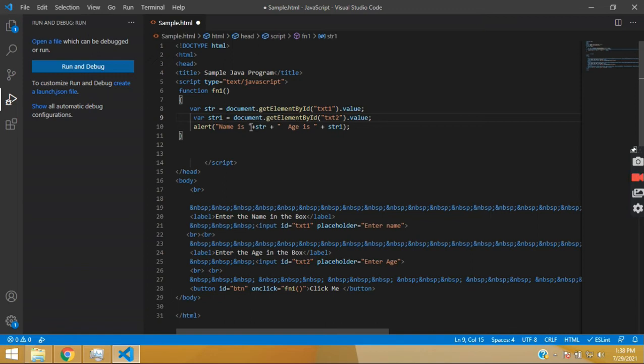Now in JavaScript when we have to display the value stored in a variable, we use concatenation, the plus symbol, plus str. Now after that we want to display the age also, so again plus, double quotes, age is, then plus str1, and then a semicolon.